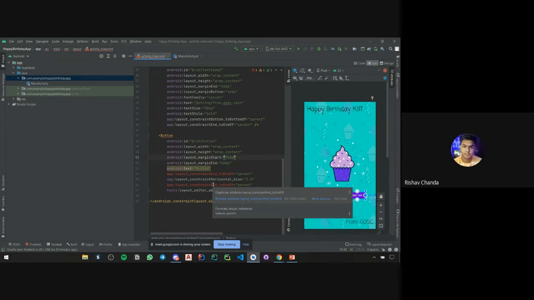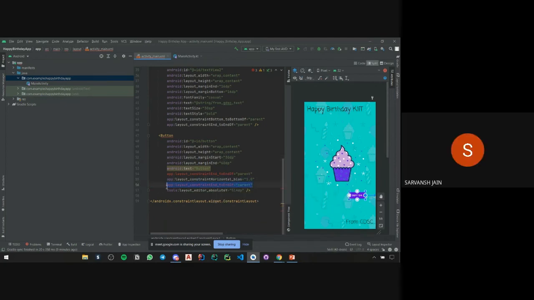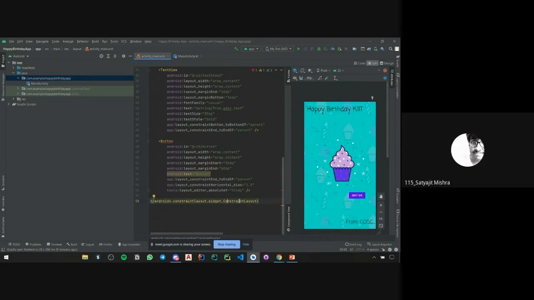Remove one. Where are both? So it is coming here. Remove one. Okay. And add another constraint. Just type in what I'm saying. Go into line 54. Enter. Bottom to bottom of parent.